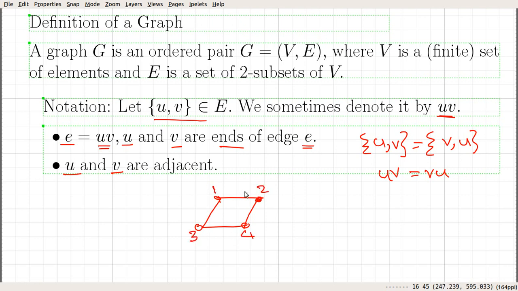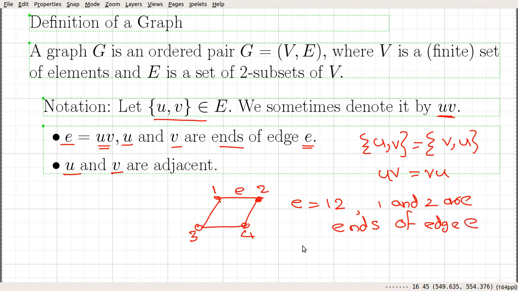If you consider this edge 12, we say that 1 and 2 are the ends of edge e, the endpoints of the edge, and we also say vertices 1 and 2 are adjacent.